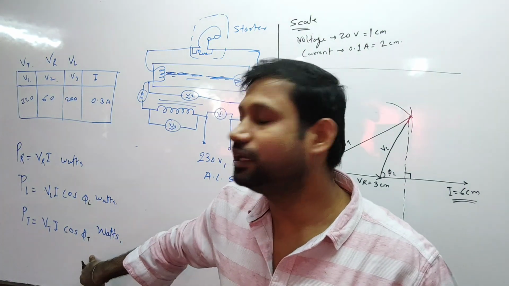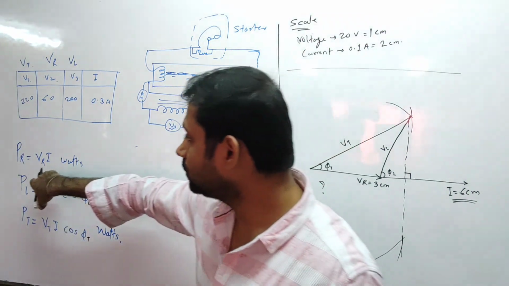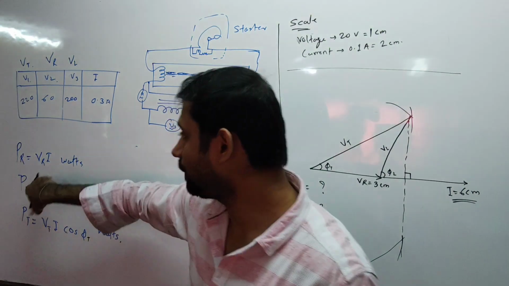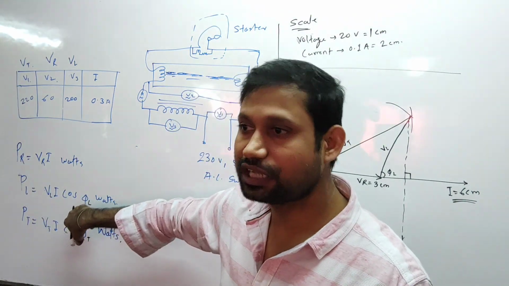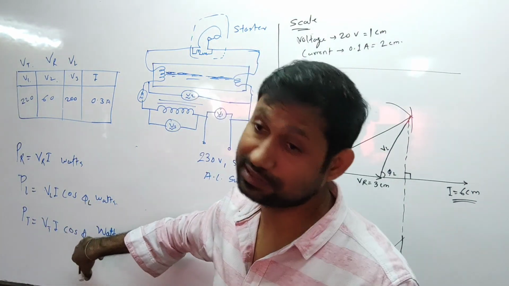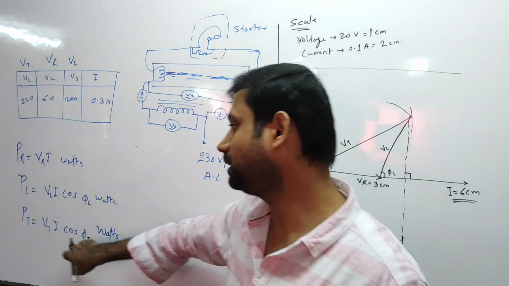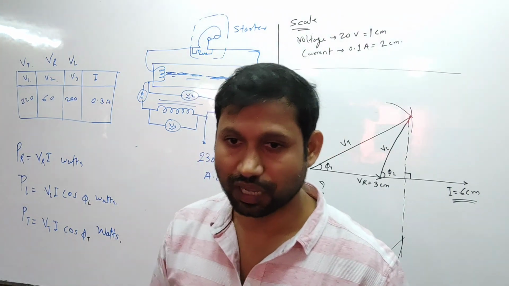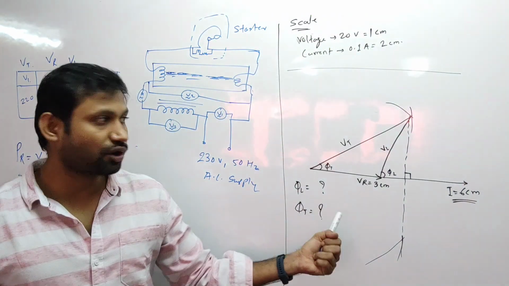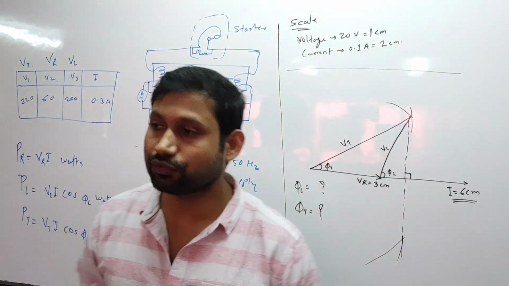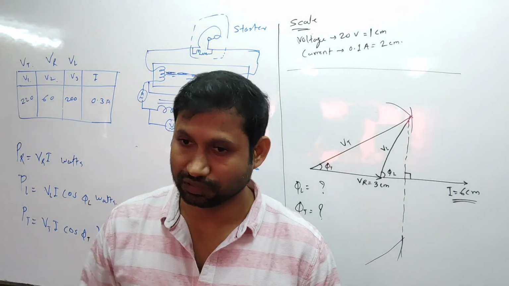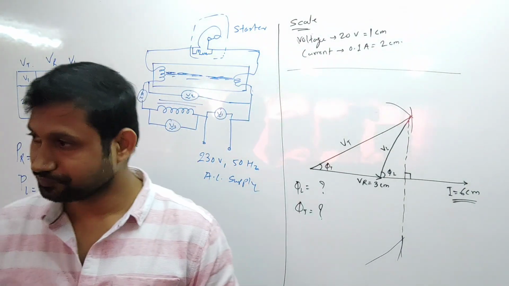This is how you can tally the calculation of the power consumption by the tube light and the power consumption by the choke. It has to be approximately equal to your total power consumption. Sometimes it comes out exactly equal, but approximately equal is also fine. I hope you are getting how to draw this phasor diagram and how to do the calculations for power consumption. Everyone clear?